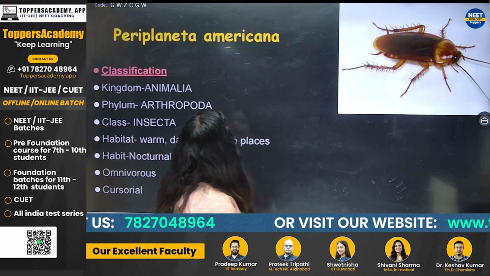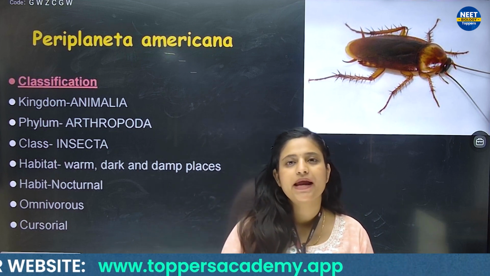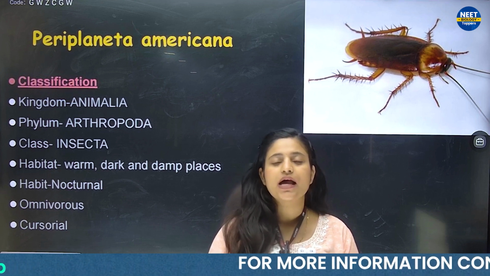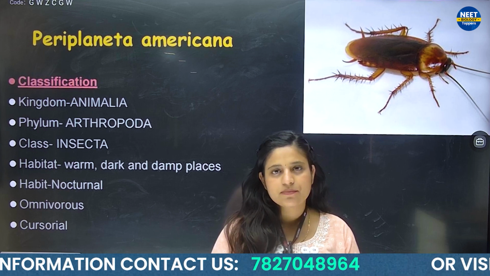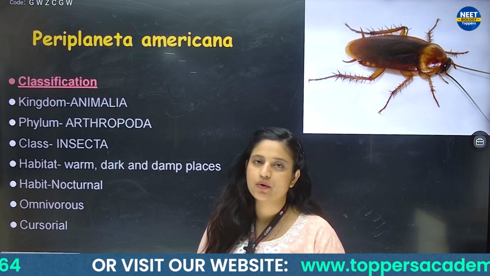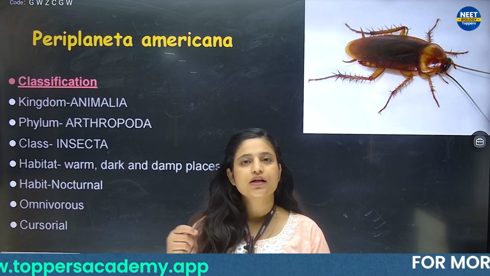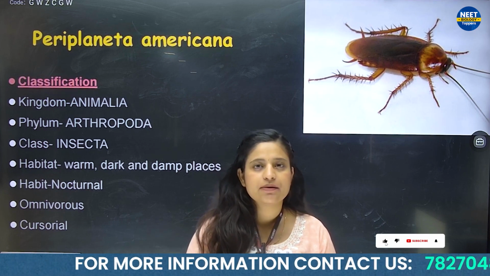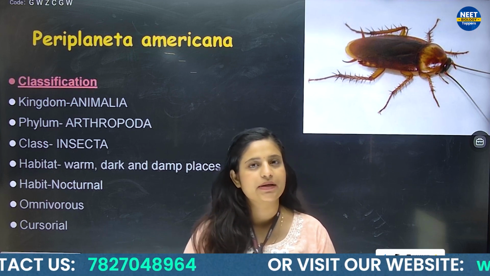So if we talk about the classification of cockroach, in your syllabus the Periplaneta americana is given. There are two types of cockroach, the Blatta orientalis and the Periplaneta americana. But Blatta orientalis is not in your syllabus, so you do not have to do it. You just have to do Periplaneta americana, okay? If we talk about the size of a general cockroach, their size is about 1/4 to 3 inches, okay? And in centimeters, their size is about 0.6 centimeter to 7.6 centimeter, okay?